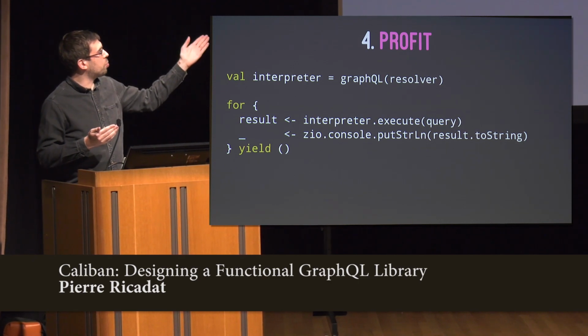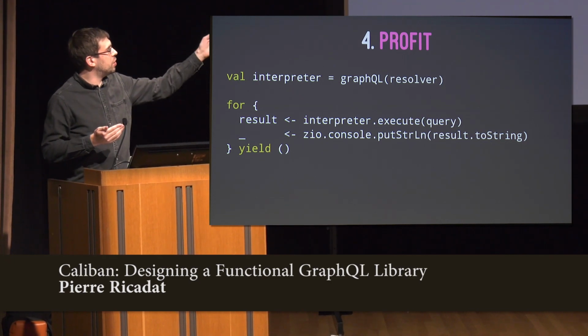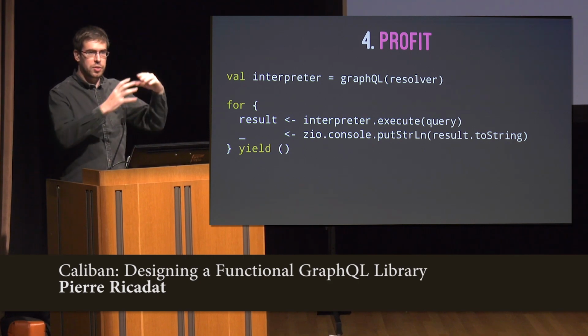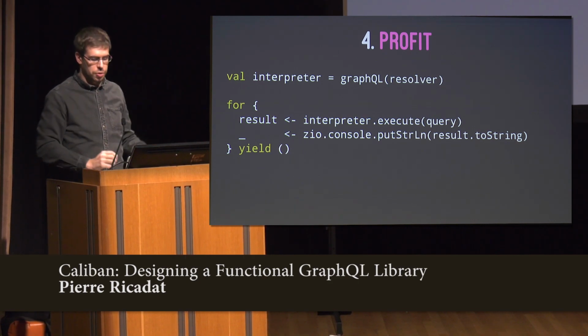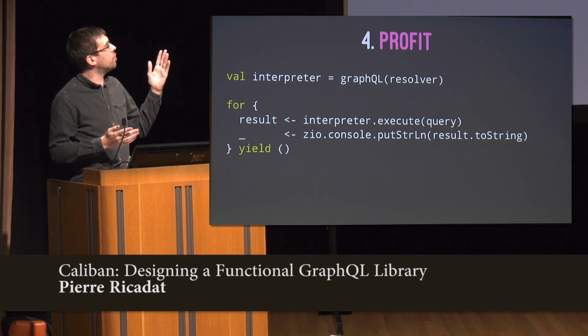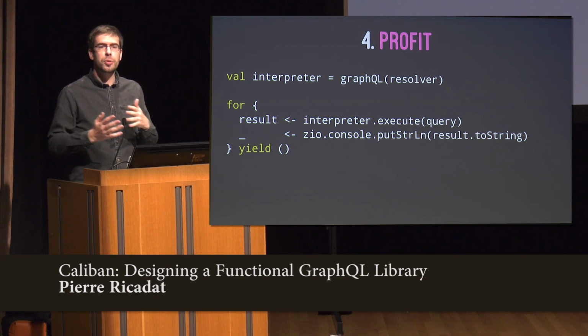So in the little example here, we have a string query, and we pass it to the execute method of the interpreter, and we get back a result that we can display, and it's going to show the JSON structure of the result. In practice, you will often not need to call execute yourself, because you will probably use an HTTP